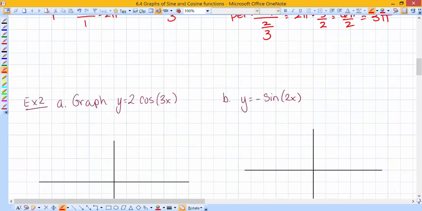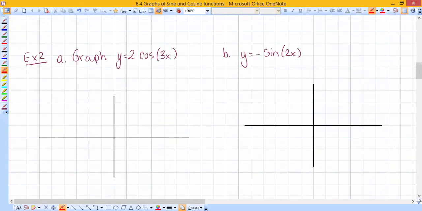Okay, let's graph sines. Start by identifying your amplitude. We're going to do cosines tomorrow. So amplitude, my coefficient is a -1, so my amplitude is 1. The negative tells me this is going to go down first. To find the period,